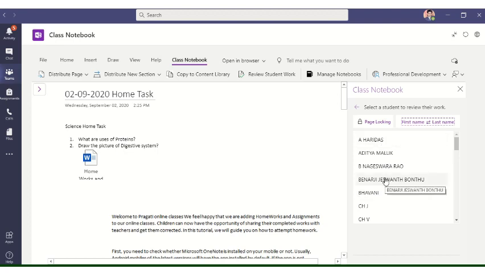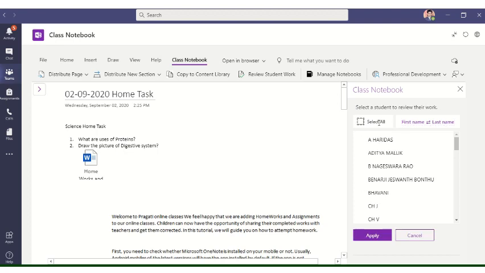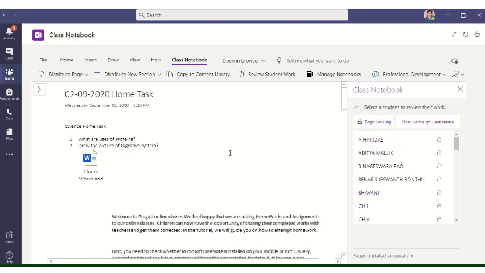First, what you need to do is lock the page. You lock the page of all the students, because the students have already submitted. Whoever the students completed their work, they submitted. In order to avoid the students making changes at a later date, first you need to lock the books of all the students. Apply. So here the students' pages are locked. That means the student cannot make any changes once their work is locked. That's what you are doing now. The student cannot change any of the submitted content.